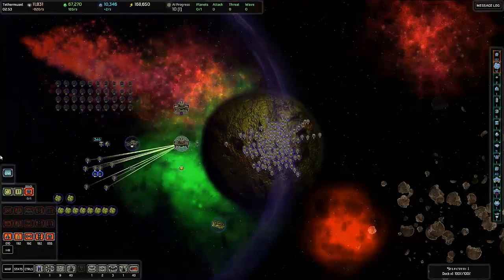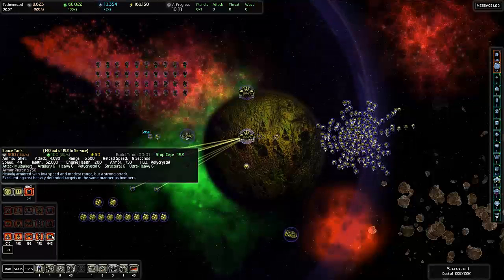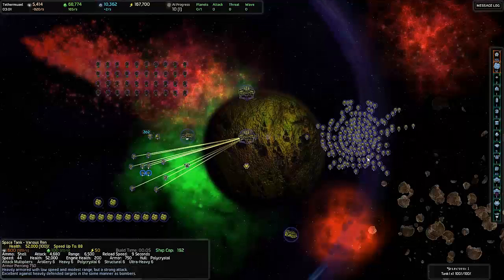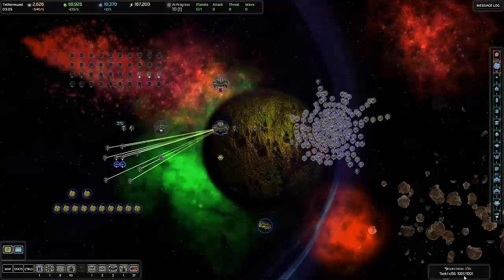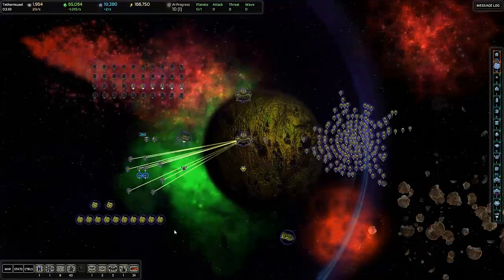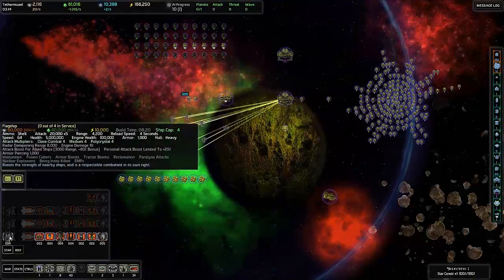And this guy is still churning out all of these space tanks. So as you can see, we've got 40 that we can still build, and our fleet here is up to something ridiculous: 156 at 100% of 100% collective health. Now, let's see down here. We might want to consider...